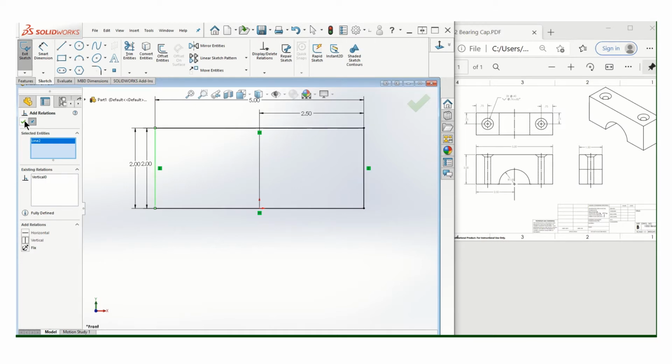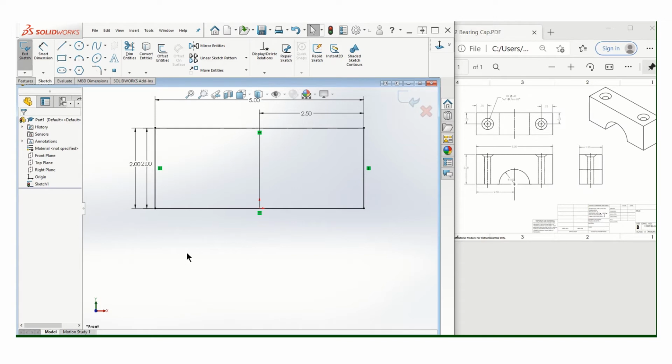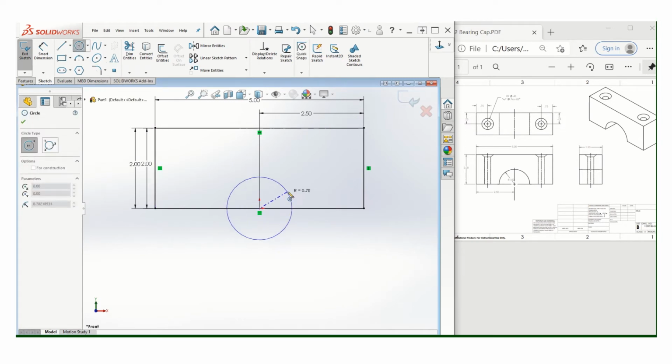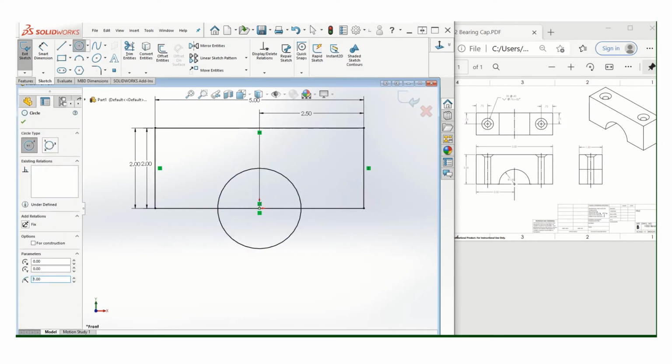If it's already got that on there, it'll typically give you some kind of an error. But notice what I did is constrain it to here because I'm going to put this half circle cut out. Someone asked me about using arcs. I rarely use arcs. I draw with circles and then just trim them. It's so much easier to do,